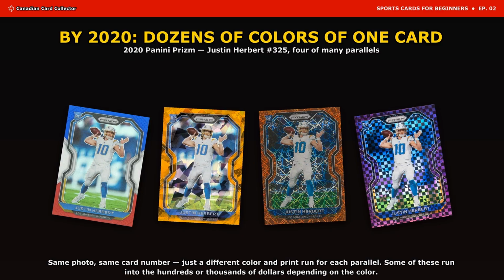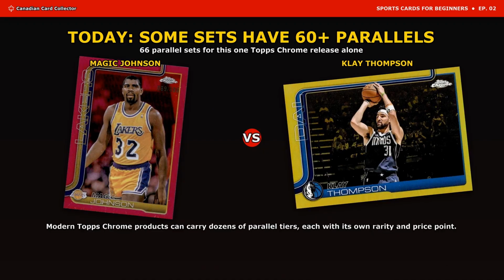You have to remember there's many different sets, and many different cards, and each one of those often has its own parallels. So it's essentially the same photo, but as you can see, we are well past the basic refractors. We have different kind of colors and different types of shapes associated with those colors. These vary greatly in rarity, some of them being numbered. So some cards can have their own serial numbers, while others have no serial numbers, but can also be very